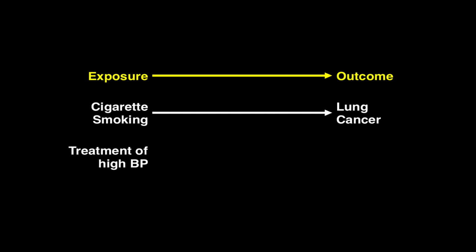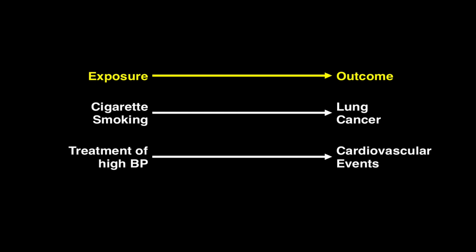Now, to understand confounding, it helps to understand the relationship between exposures and outcome. It's the generic study design of all medical studies. We're always trying to relate exposures to outcome. And most people think of exposures as a bad thing, something like cigarette smoking. And the question is, does it cause the outcome of lung cancer? But in medical care research, the exposure might be something good, like the treatment of really high blood pressure. And there the question is, does that cause some change in the outcome of cardiovascular events, hopefully lowering them, which it does. So medical research is about relating exposures to outcome.